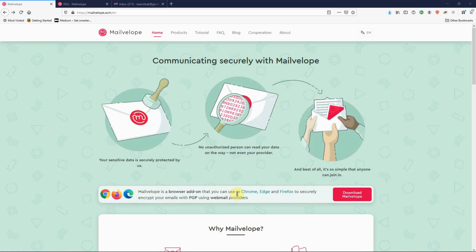And then we can go ahead and configure the PGP tool on the browser that you're using. That's going to help us set up our email with the PGP encryption. So let's see how that works. I'm currently using the Firefox browser, so I'm going to click on download,